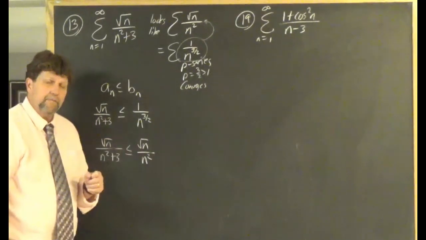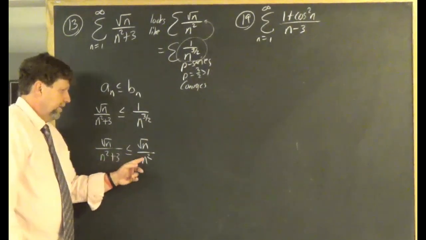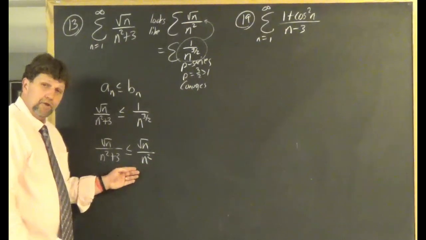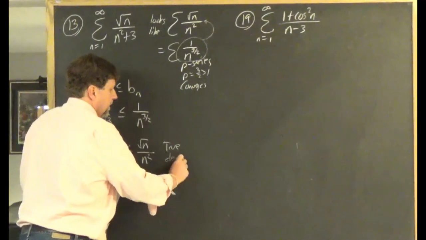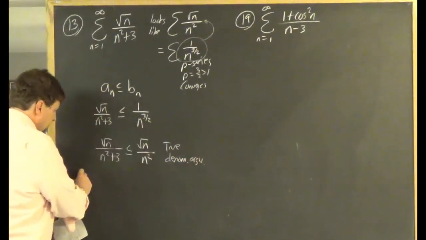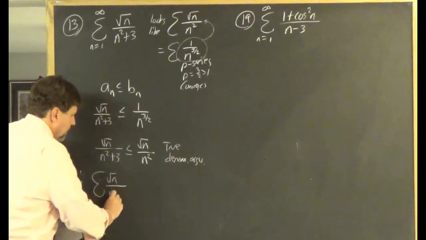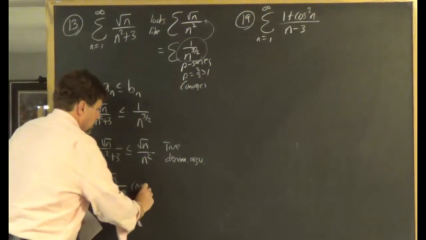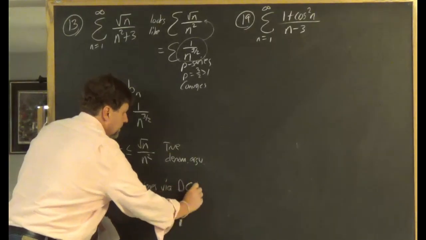These numerators are the same. This denominator is a little bit larger than this denominator. So I know this inequality is true thanks to that denominator argument. So I can now conclude that the series square root n over n squared plus 3 converges thanks to the direct comparison test